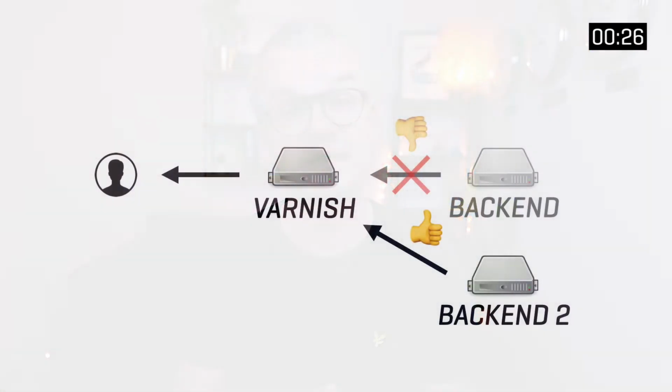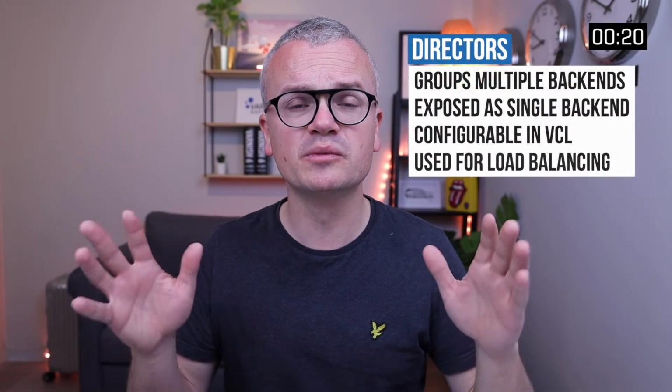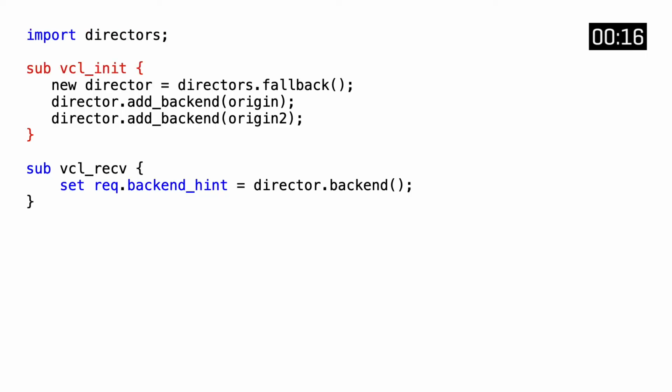Another solution that also may cater for content that is not stored in the cache is defining a secondary backend. And we can define them separately in VCL and use a concept called directors to expose multiple backends as a single backend. We import the directors vmod and initialize it in vcl_init. We choose a fallback strategy and assign that as a directors object called director. Through the add_backend functions, we can assign multiple backends. Because it's a fallback strategy, the first defined backend will take precedence, and when it becomes unhealthy, the secondary takes